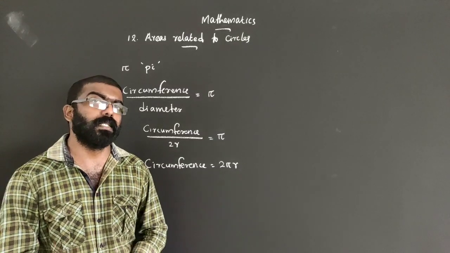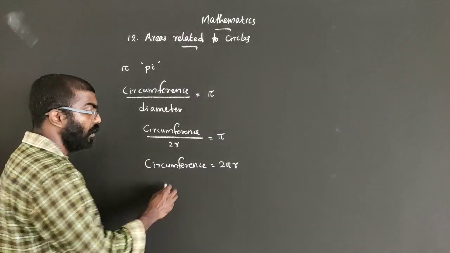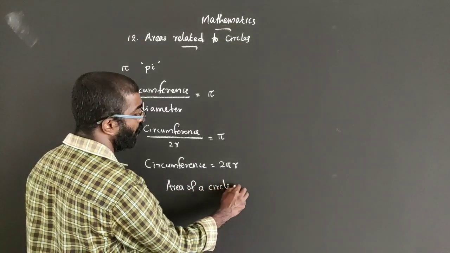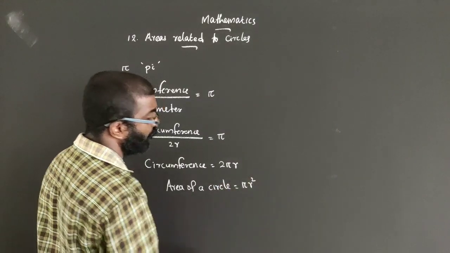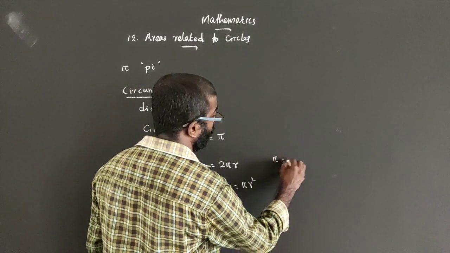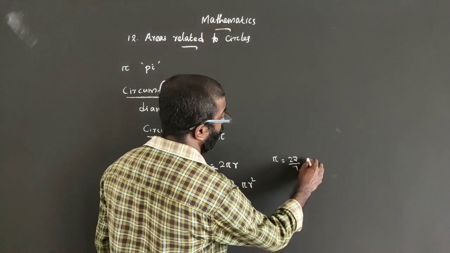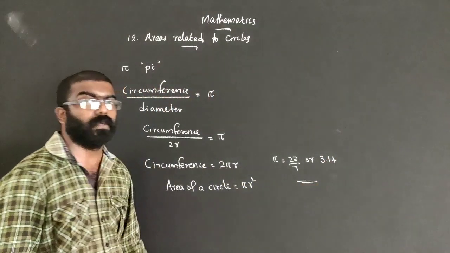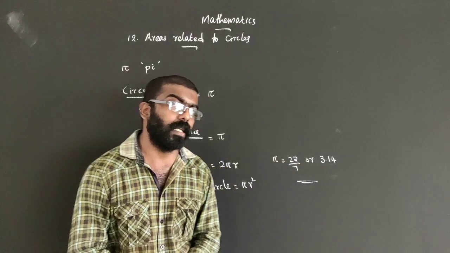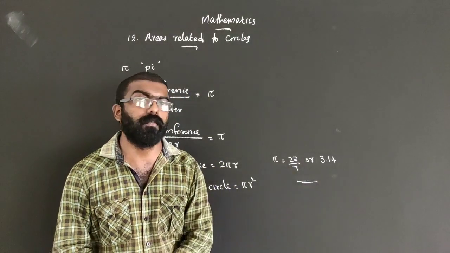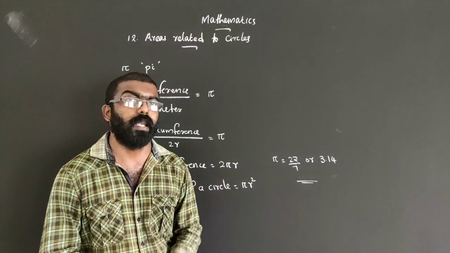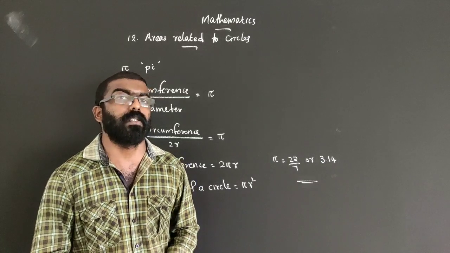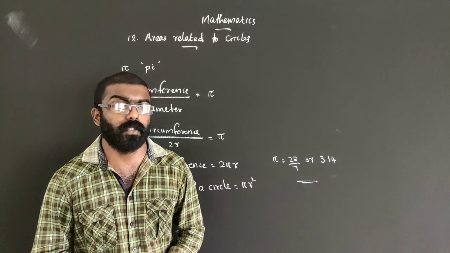And we have also learned the formula to find the area of a circle. We know the area of a circle is pi r square. The approximate value of pi is 22 by 7, or we can take it as 3.14 approximately. So for calculation purposes we take pi as 22 by 7 or 3.14 approximately. Okay, so these are the basic things we have learned from the lower classes, and here the first exercise is also a revision exercise. We can start exercise 12.1.